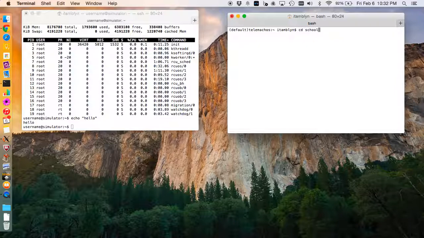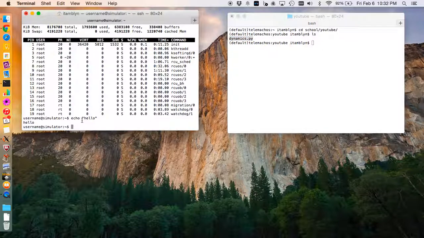And the file that I'm going to use, we're going to make one right now. So let's just go into my YouTube directory. And I have from a previous tutorial something called dynamics.py. I'm going to transfer this file from my local machine onto my remote machine. And the command that I use is scopy, scp, and I'll just type it out for you right now. The syntax is scp, the name of the file,